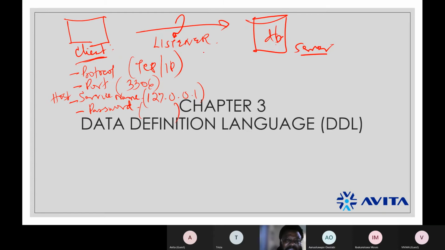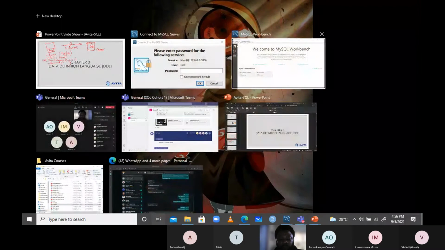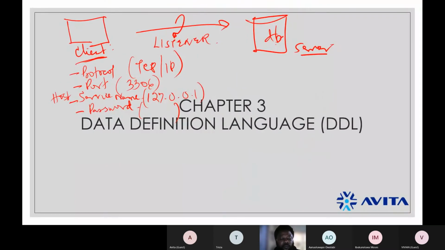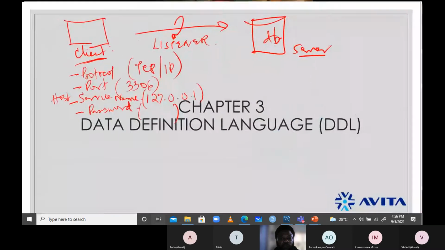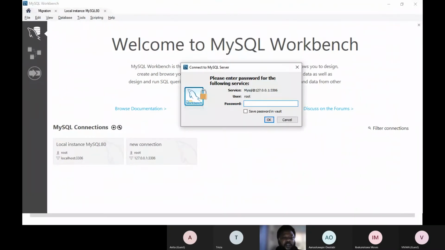Now, what the listener does is that when you send connect information, like I did here, once you click connect, let me cancel this.